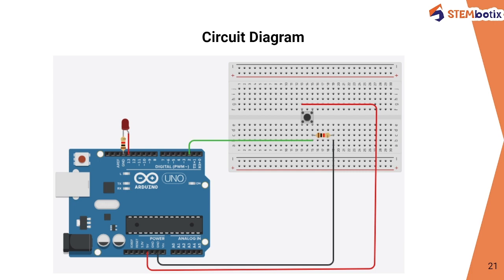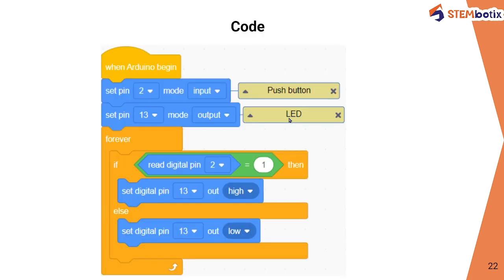Now it's time for us to do the coding part in order to operate the LED using push button. So the code for this is something like this. First open Blockzie and click on no device connected and choose the Arduino Uno option. Here we are doing the code in upload mode. Hence from the event section take a block named when Arduino begins. So when Arduino begins you need pin number 2 as input device and pin number 13 as output device,